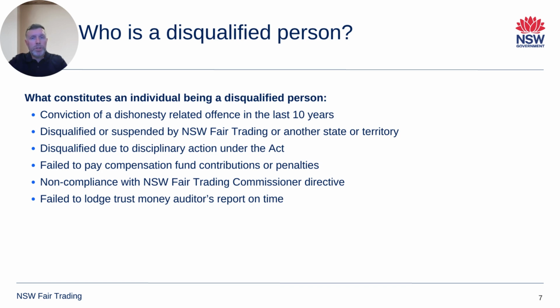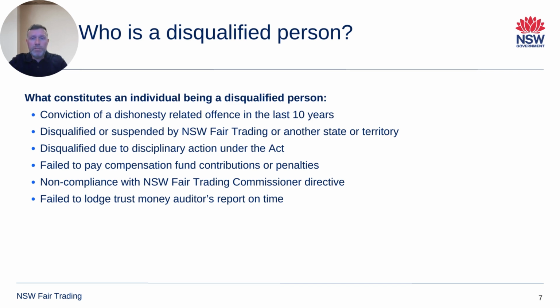Who is a disqualified person? What makes a disqualified person? An individual can be a disqualified person for a number of reasons. Some of these include if an individual has been convicted of an offence involving dishonesty in the last 10 years, if an individual is disqualified or had their licence suspended in another state or territory under any law administered by New South Wales Fair Trading, or have been declared disqualified as a result of disciplinary action under the Act,